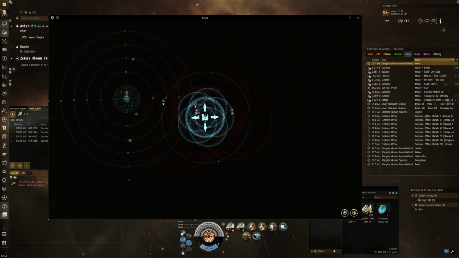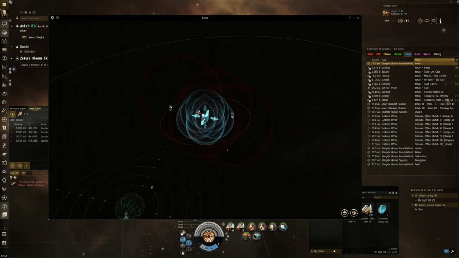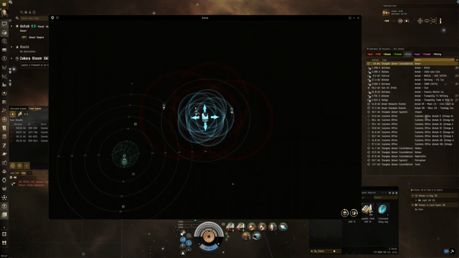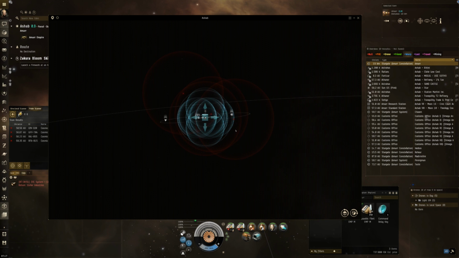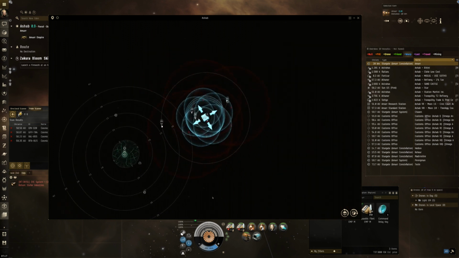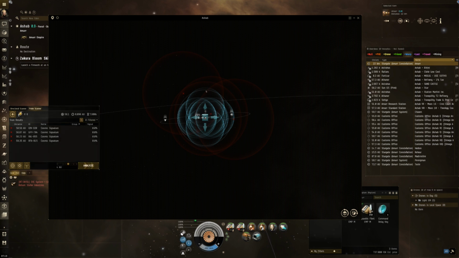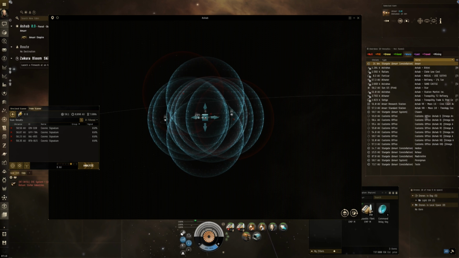Use the mouse wheel to zoom in and out, and hold the left mouse button to move your angle. The red bubbles roughly show you the signature radius, or the radius where the signature should be in, and the blue bubbles are the scanning ranges of your 8 probes. You can increase probe size here